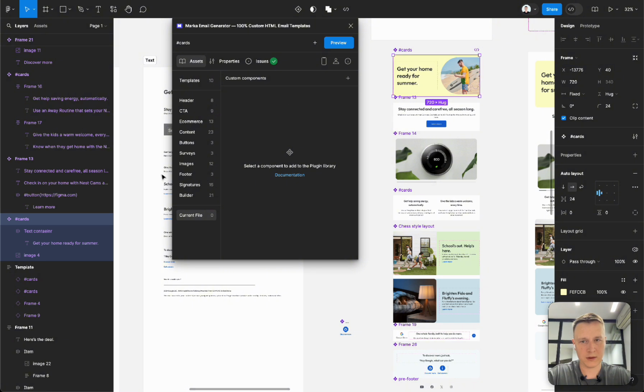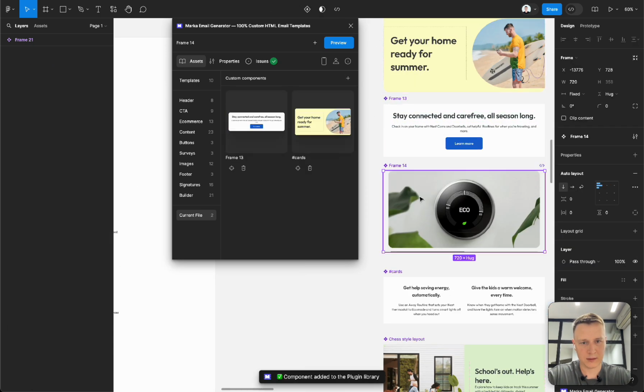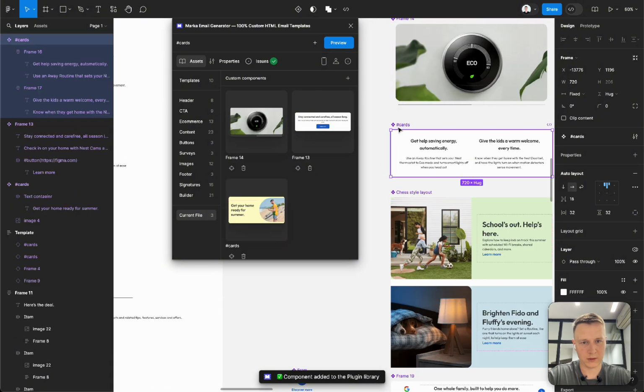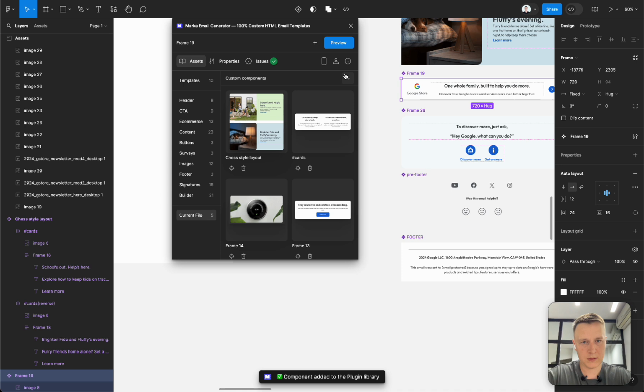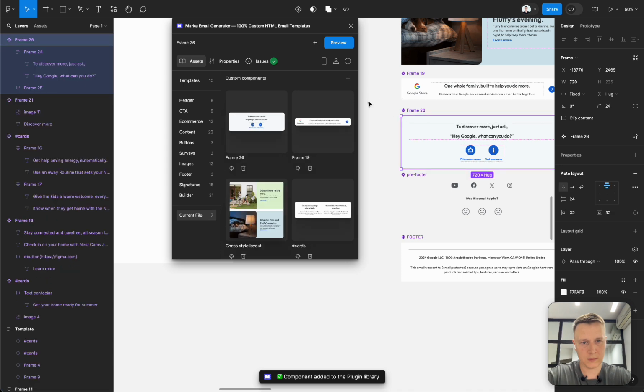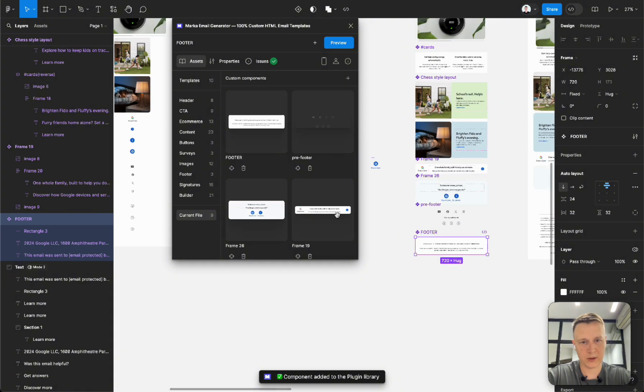Select block, go to the Assets tab, then go to the Current File section and select your component and click on plus icon. And so this way you can add all your components to the plugin. And this way you can use them